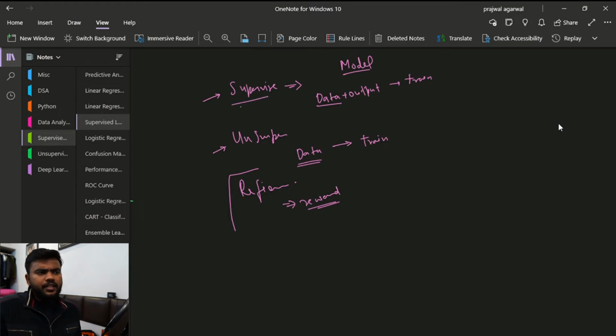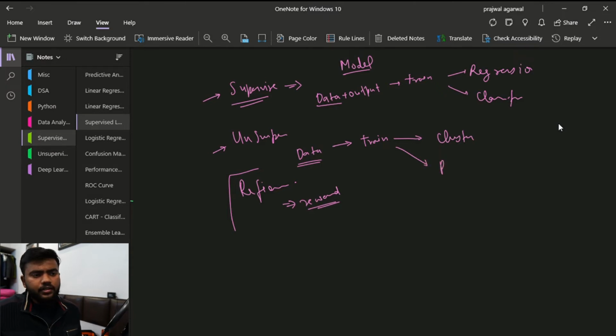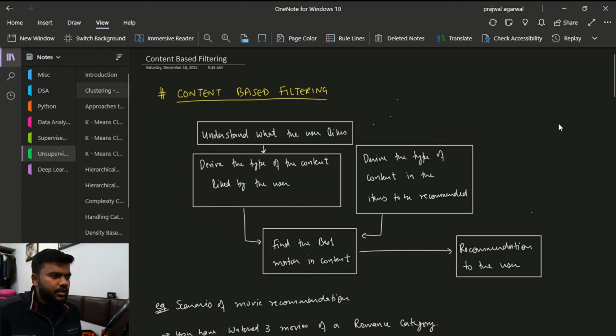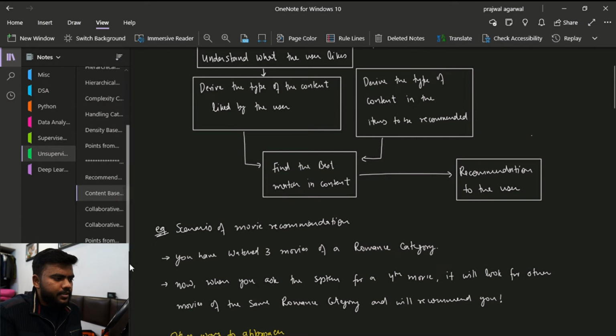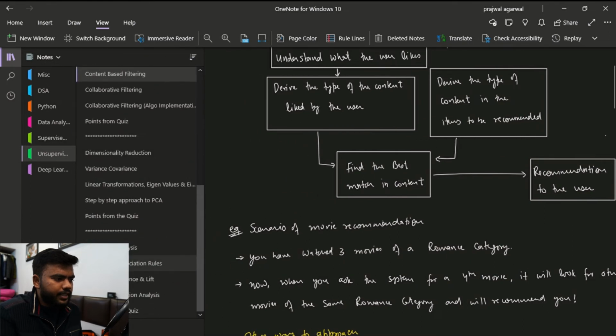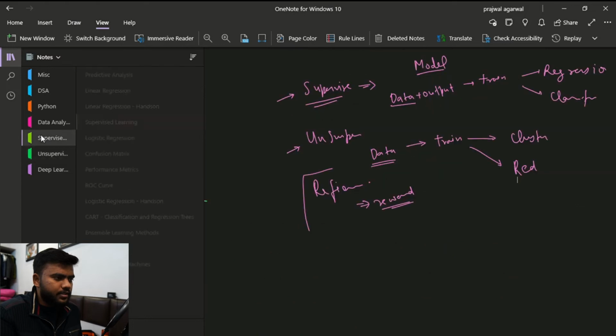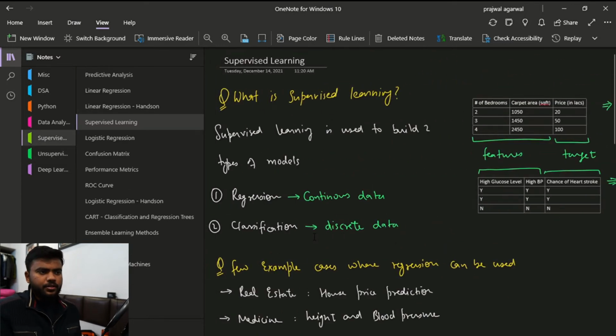In supervised learning, we have two types of methods. We have regression that we just talked about, and then we have classification. In unsupervised learning, we have methods like clustering, reduction of dimensionality. Everything we will see very soon. Clustering, we have recommender systems, and then we have dimensionality reduction. A lot of techniques that we have, and association analysis as well. So right now we are discussing supervised learning.